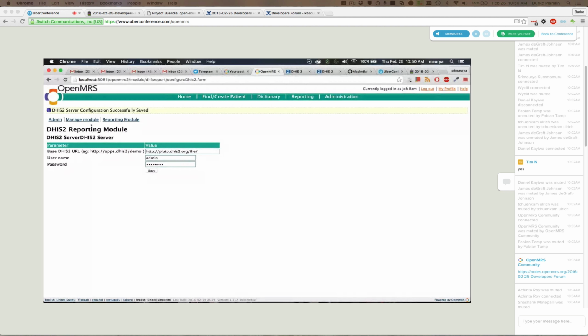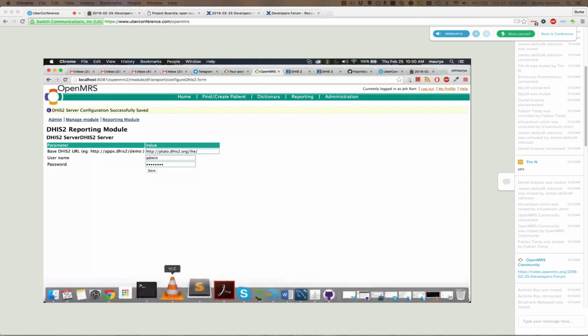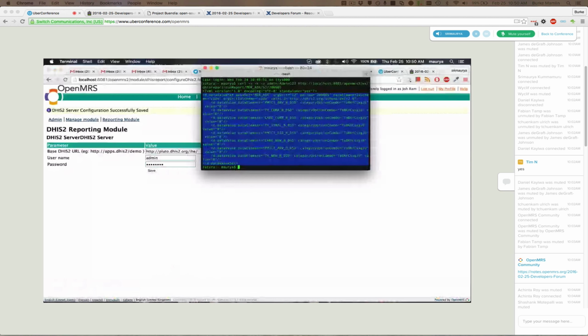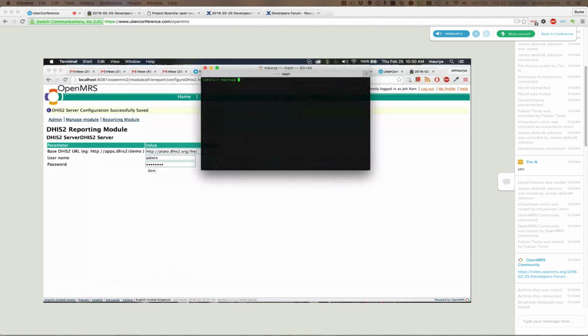We can check. We also have a REST API that allows us to do 3 different things: know what locations are coded, what reports are available, and run the report. So in this case, if I check for